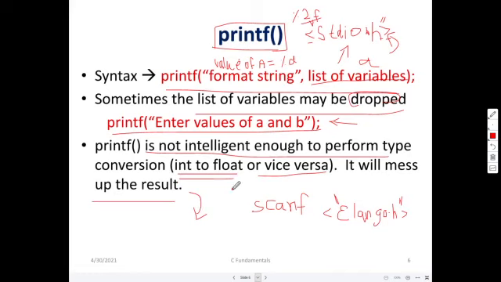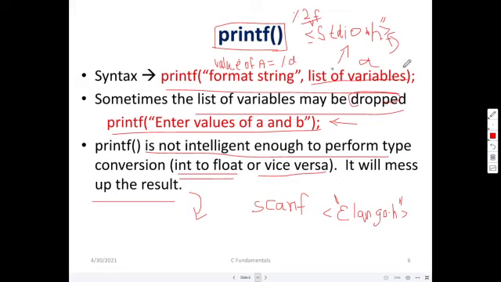So we should not try to print a float value. If A is a float variable, we should not go for percentage D. Sometimes it will give the correct answer as expected, but most of the time it will print only a garbage value.